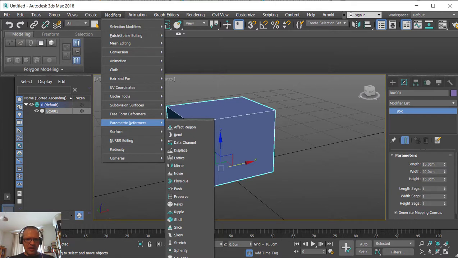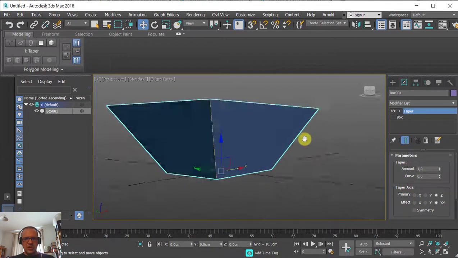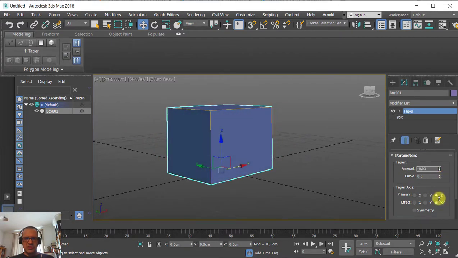We have plenty of different modifiers. So let me hit taper, and by default, it gives me an amount of 1. I don't like the direction, so I will pick a negative value. So minus